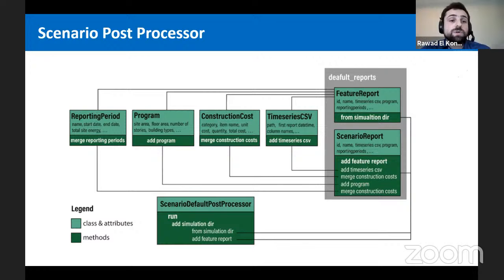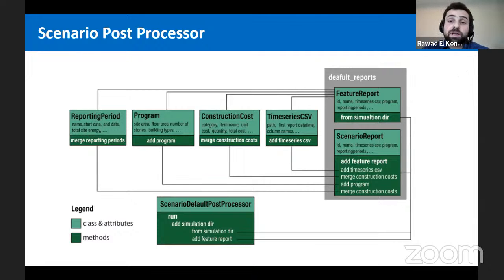So in order to do this, we developed a scenario post-processor, and this post-processor includes methods that can aggregate the results in different ways and also summarize key metrics and results that are reported in terms of feature and scenario reports. So this post-processor will take in individual feature reports and aggregate them to create the scenario level results and reports, which can then be visualized.